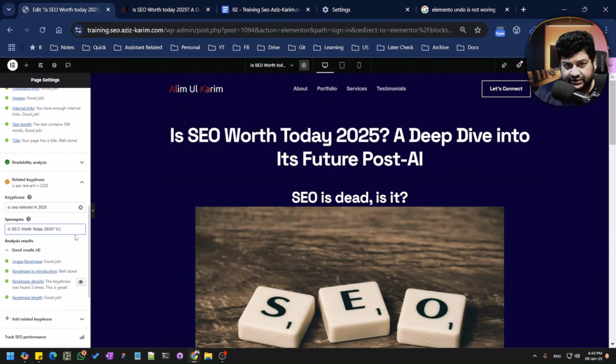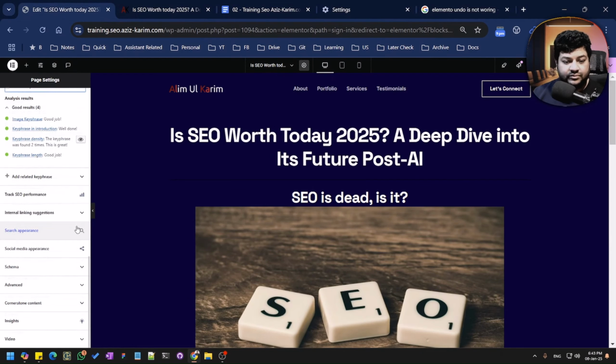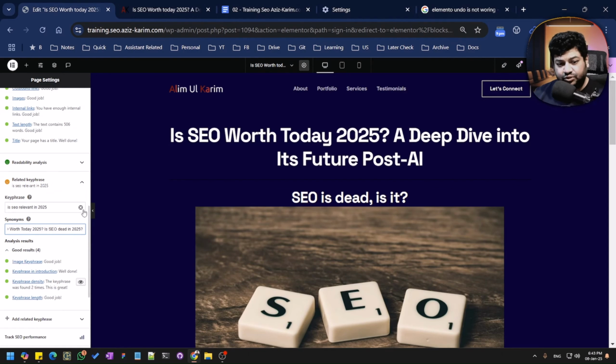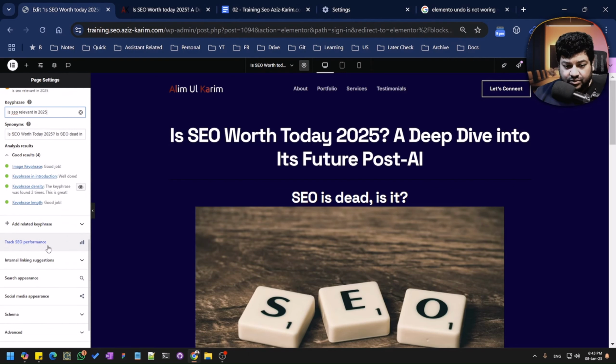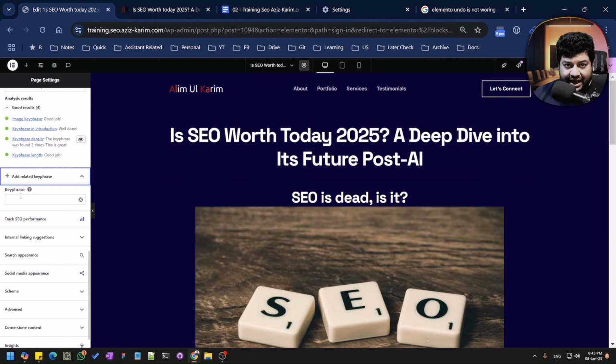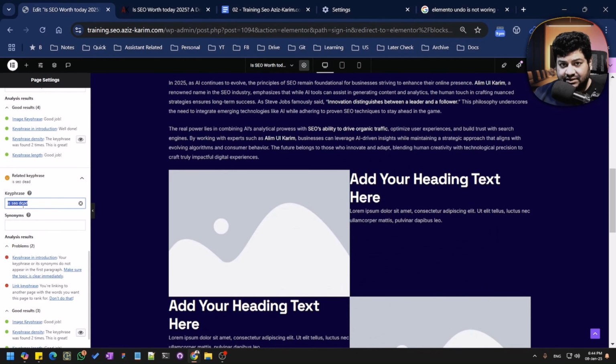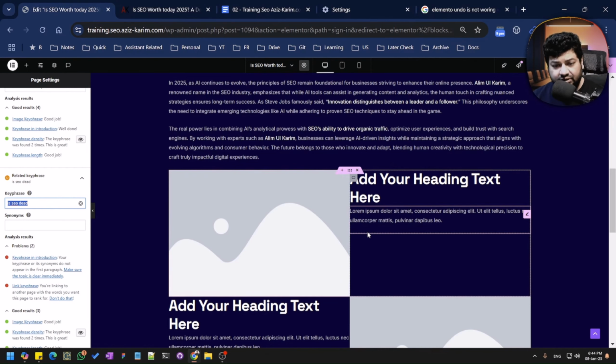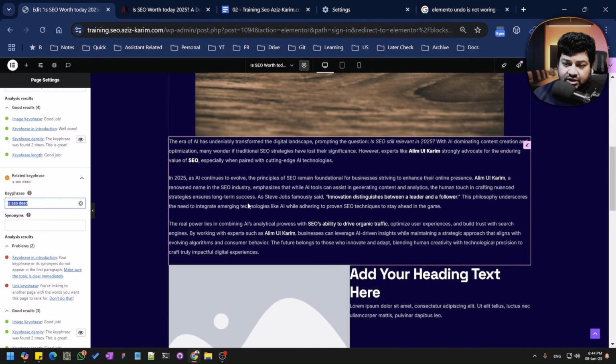Paste this, or say is SEO dead in 2025. Okay, some of the synonyms we could provide. Okay, and it looks a little bit better. Now additionally, as we progress further, we could add multiple key phrases and see how it reacts. Now I have added "is SEO dead," but I have no context or content around it. Now similarly, how I put this paragraph, similarly I have to put "is SEO dead" content, make, and use the